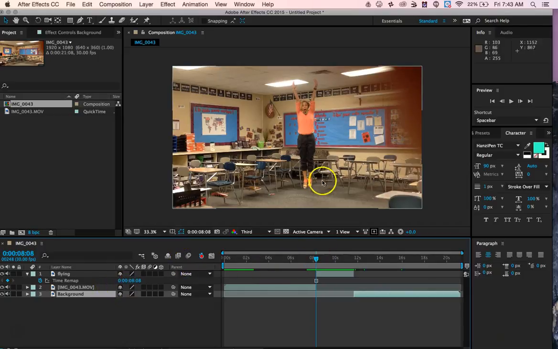Really take your time and make sure you have a good clean image of you, because you're going to need to really kind of get around your whole body. So do you see on this part, do you see